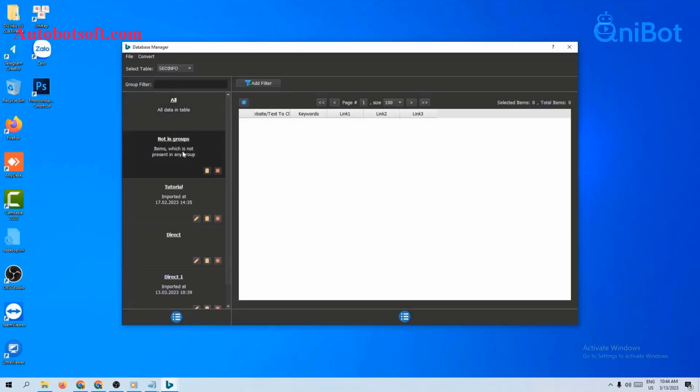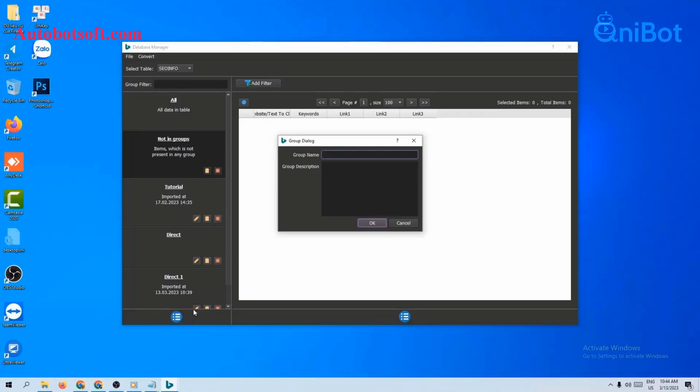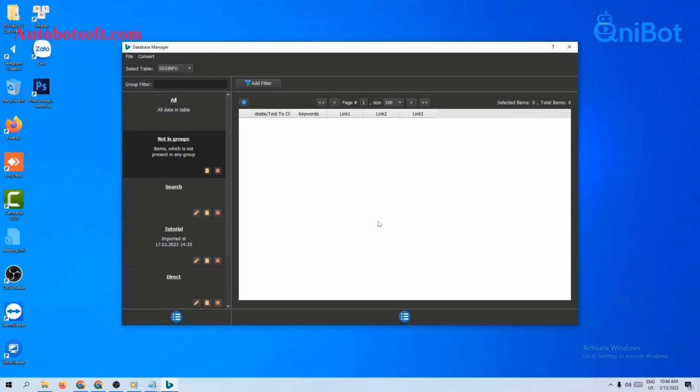Click on data, you will see the database manager dialog box. There are 2 ways for you to import search data. The first way is you import them in manually. You click on this icon, select Add Group, then enter the group name here. Then click OK. Next, you select